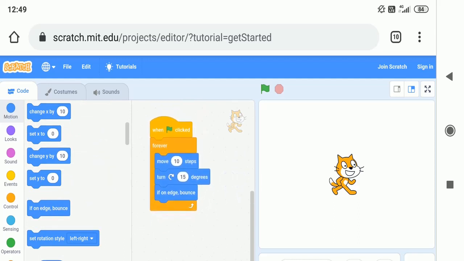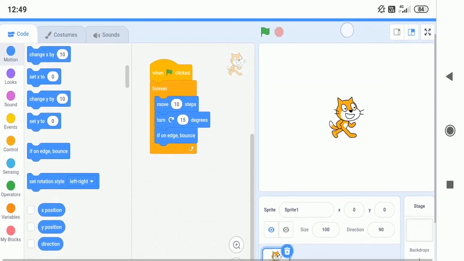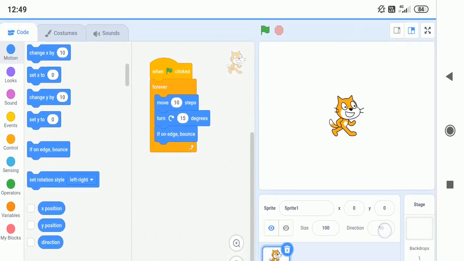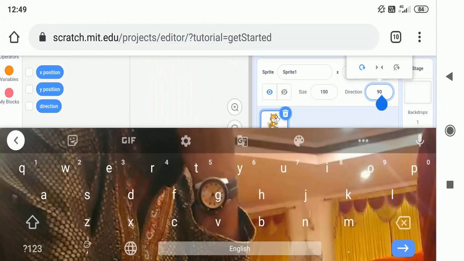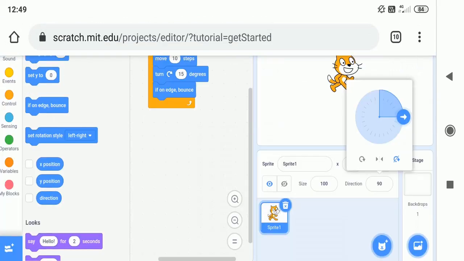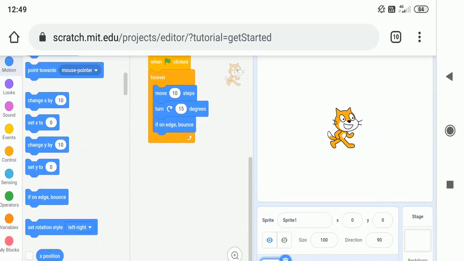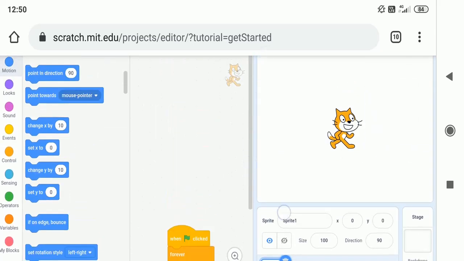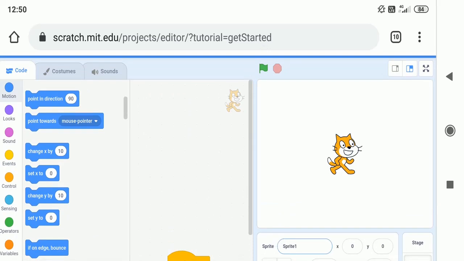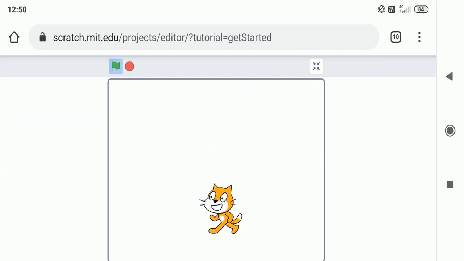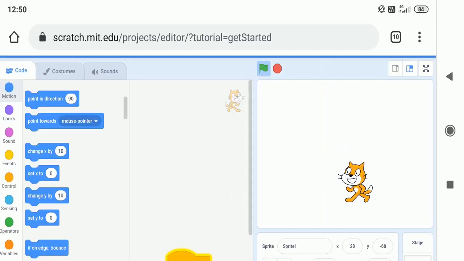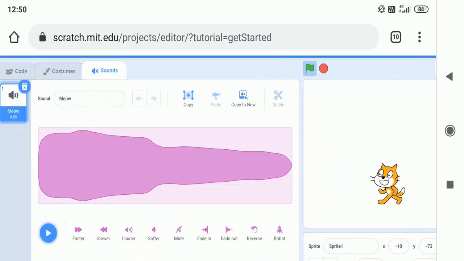So you need to hold it on the top. This way you can work on the costumes as well, on the sounds as well.